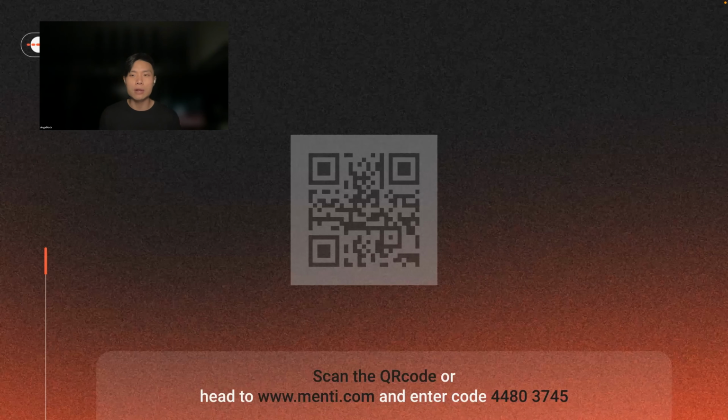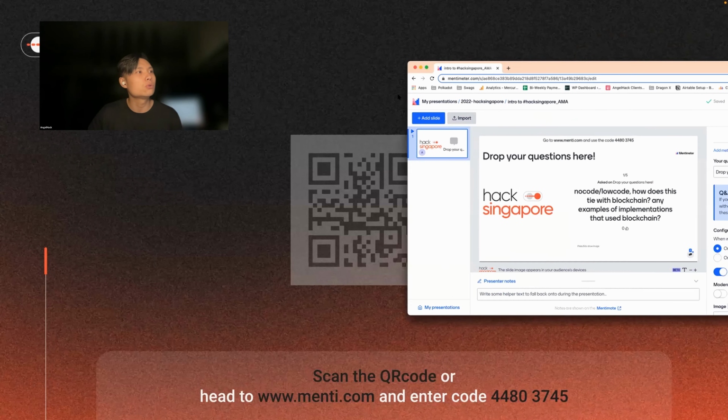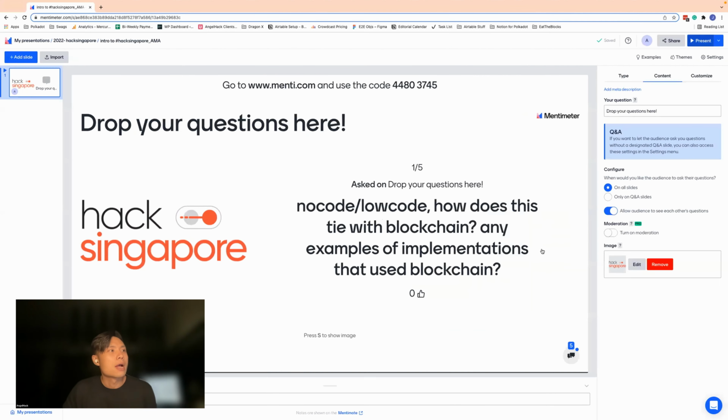Or alternatively, if you find it more comfortable to log in via your browser, you can open a tab and key in www.menti.com and enter the code 44803745. And thanks, Zale, for putting it into the chat box as well, which you can refer to. So let me just quickly cover through.